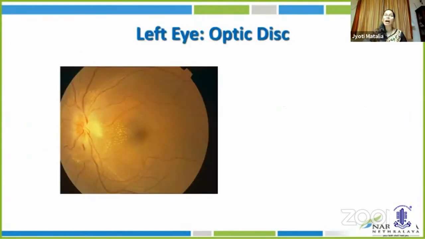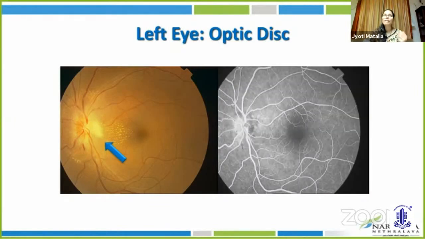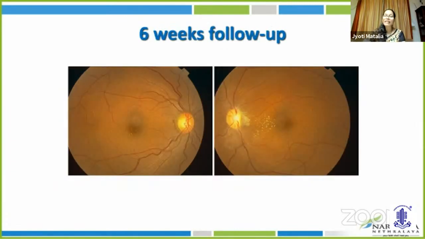So when you have this, again, go back and look at your discs. You see there's sectoral pallor, there's mild attenuation of vessels. And if you do an FFA, which can be done if the patient comes to you early, you will realize there's hypoperfusion. There was a delay in arm to retina time, confirming that this was actually a hypoperfusion at the disc. And 6 weeks later, you realize that the vision continues to remain less.